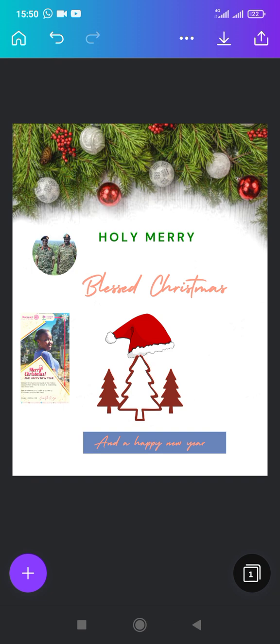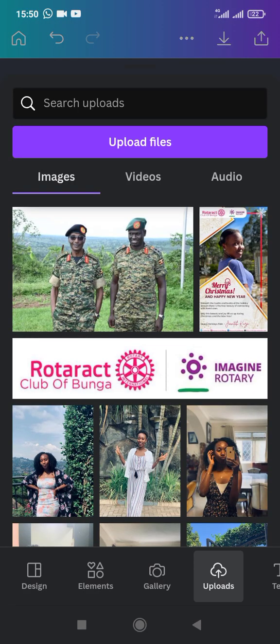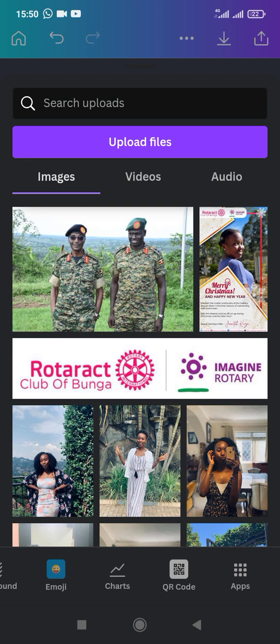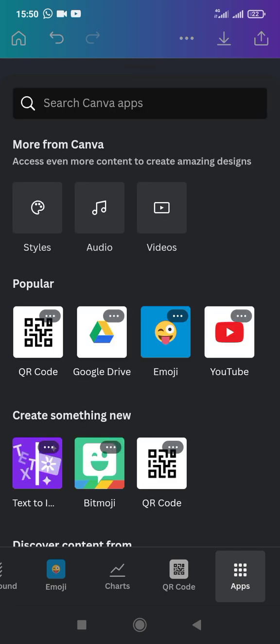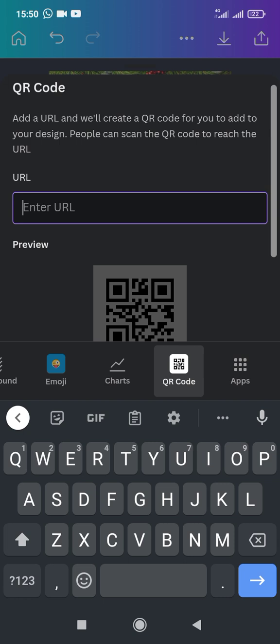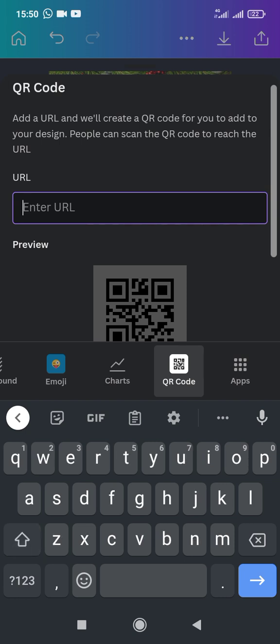Then we want to see how we can also add a QR code, in case you want to add any QR code so that someone can scan this design and be taken to another site where there's probably more information. You'll come back here, still click on that plus sign, and then when you scroll to the right, you can come here under apps, and then you have QR code, which is here. If you click on QR code, this is where you put the link to the site where you want to take this person. So if I put www.out.net,